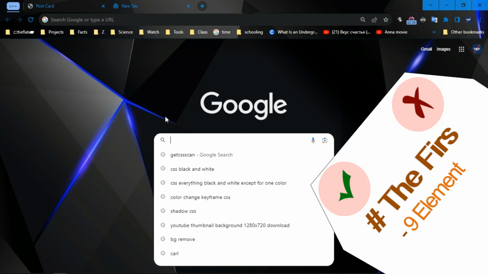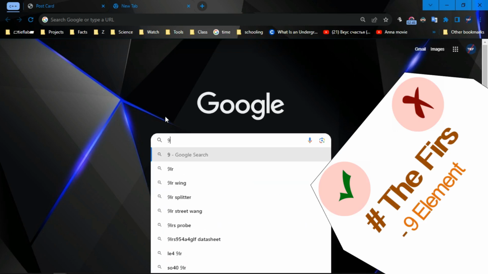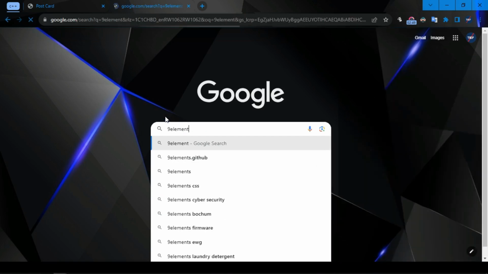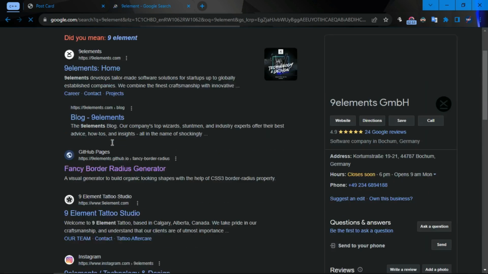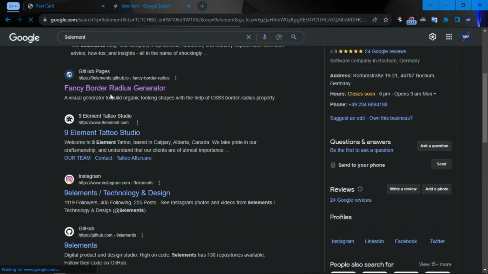So just simply type 9element. Okay, this one is called fancy border radius. You can also type fancy border radius to get it easily.